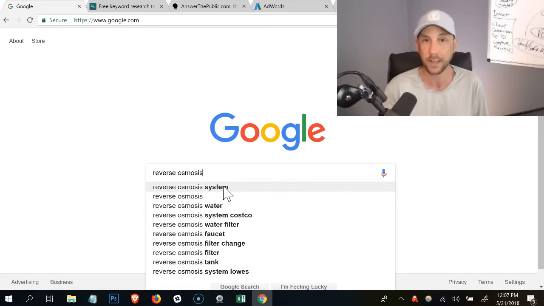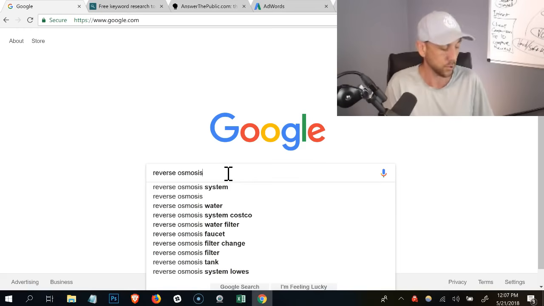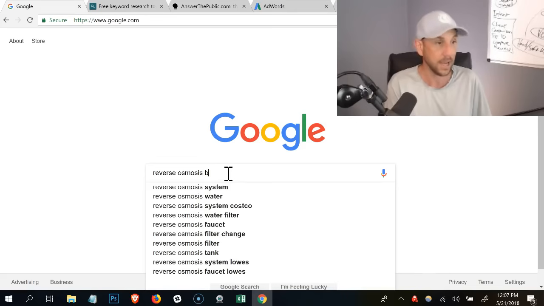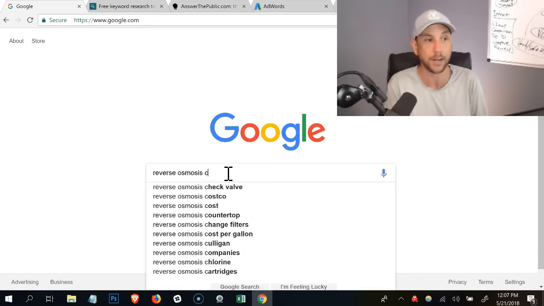You can type these in. You want to actually go capture all of these, especially the ones that are relevant. You can also put space A, space B, and go through word letter by letter, and it'll give you all of the different items. But that's really inefficient, right? But this is where